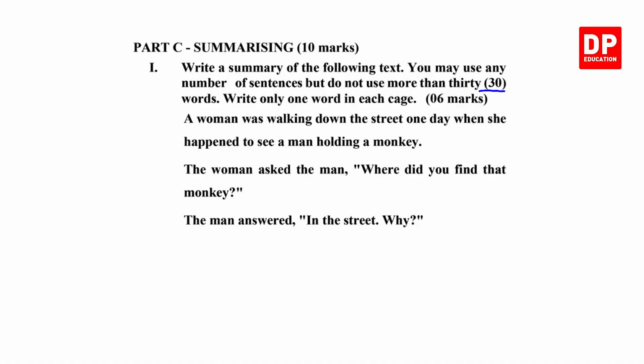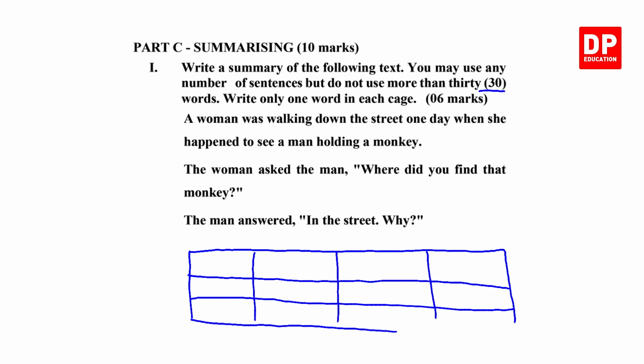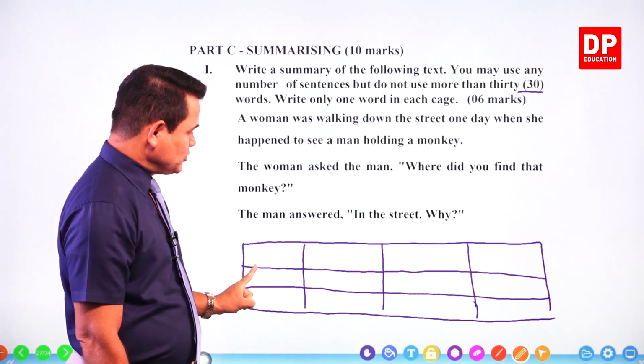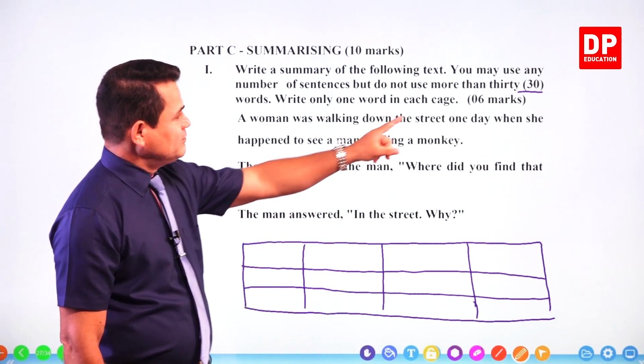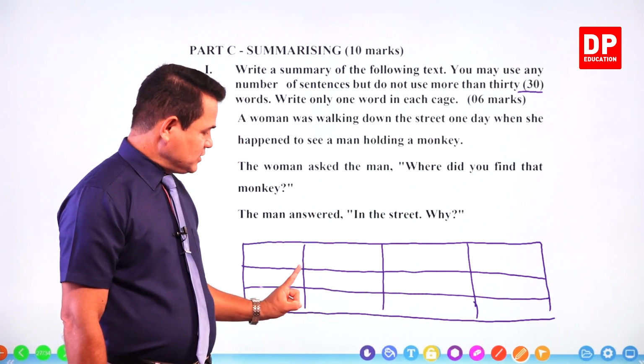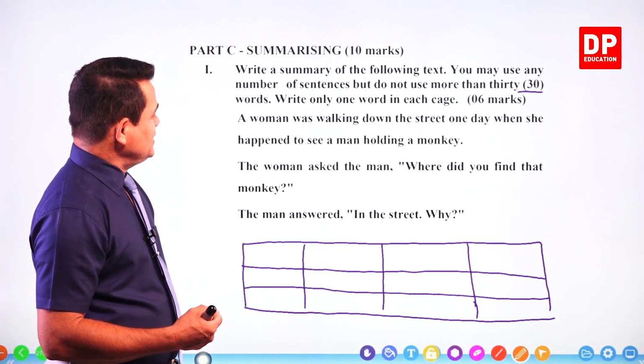And write only one word in each page. Now in this one you get a page like this. So මේ වගේ කොටු ගහපු ස්පේස් එකක් තියෙනවා මේ ලියන්න. ඒකේ write only one word in each page. මේ එක කොටුවක එක වචනයයි ලියන්නේ. වචන 30ක් ලියන්න සෑහෙන කොටු 30ක් තියෙනවා. ඒ කියන්නේ එක කොටුවට එක වචනයයි. Then 30 pages, 30 words. And now let's look at the